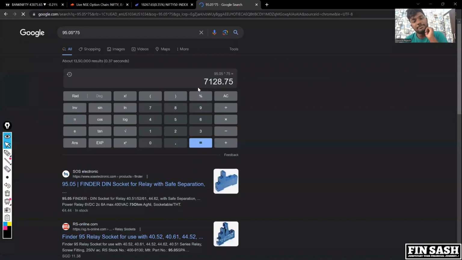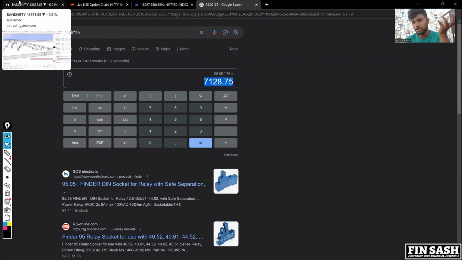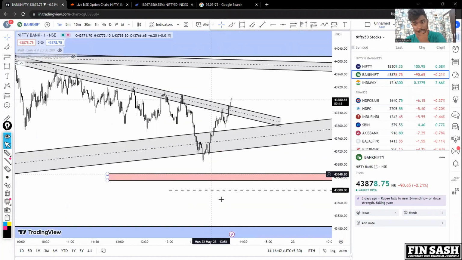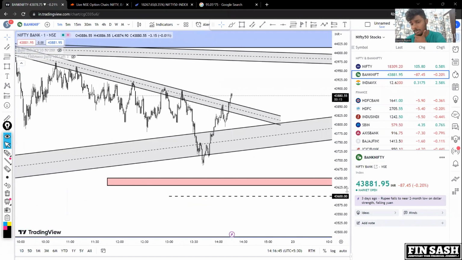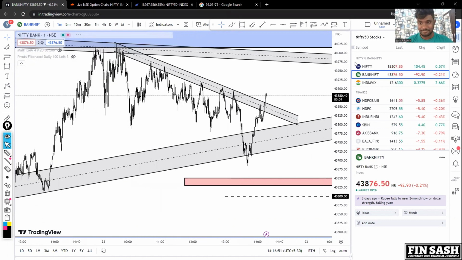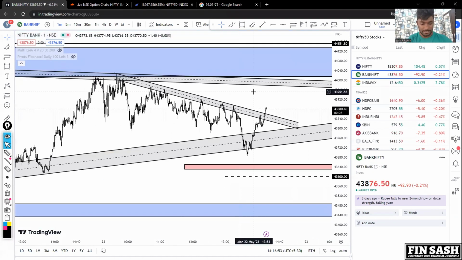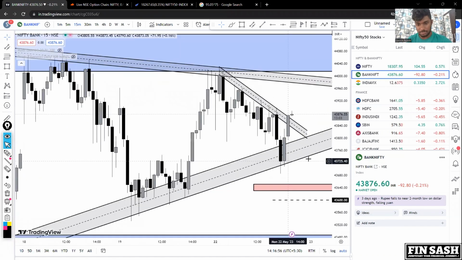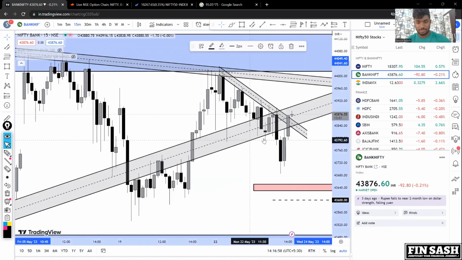So we can basically make 7,128 and my stop loss remains the same, which is 2% of my capital. Again, the market should be above 43,600. So now basically I'm gonna chill for some time, manage this trade, listen to songs and stuff,